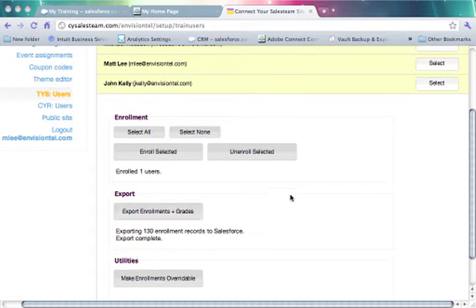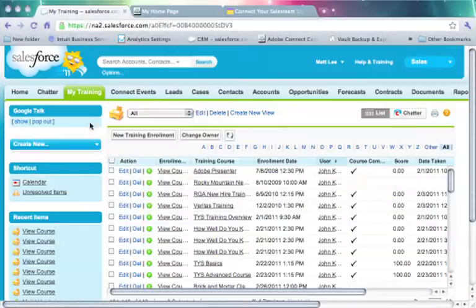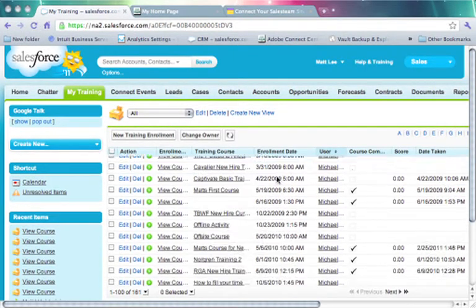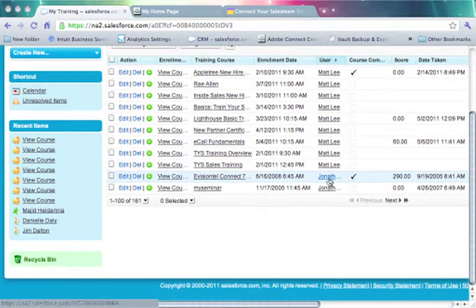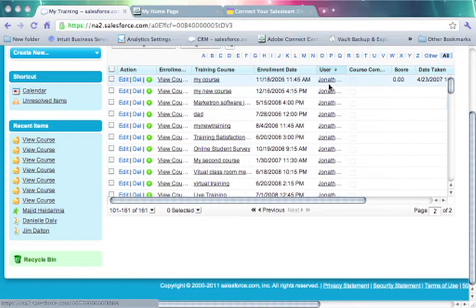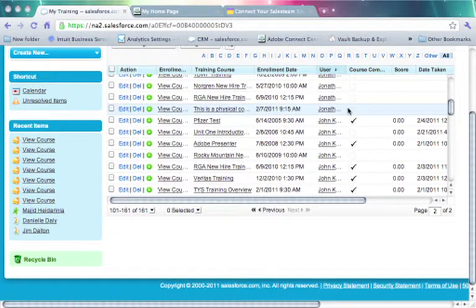Okay, now that that is complete, let's jump over to Salesforce.com, and if we come up here and refresh our page, I should now be able to scroll down through my list, and now we see Jonathan has been added to the list of users, and since again I'm a manager in the system, I can see everybody that rolls up underneath me, and I can see that Jonathan has a lot of work to do here with his courseware. And that is how we set up